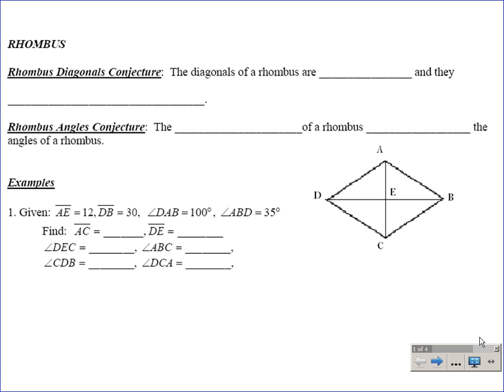We're talking about rhombuses, or rhombi is the correct way of saying plural, rectangles, and squares today. So we're just going to jump right into this. We're not going to do the little setup and everything else just because I think it's going to take a little while. So I'm going to jump right to the